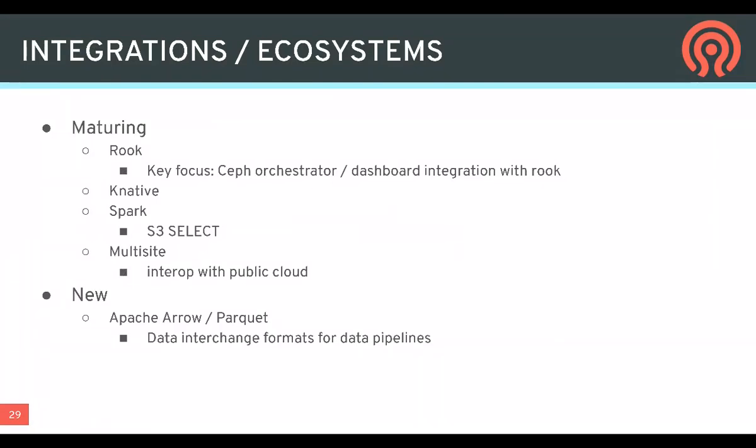Finally, there's a large ecosystem of software around Ceph that Ceph integrates with. Some of these things are maturing, like Rook in the Kubernetes space, and there's also more support for Knative via RGW, especially with the bucket notifications APIs and things like S3 Select, which let you work with all kinds of software like Spark that treats the very large-scale object store almost like a database. There's also a lot of efforts around data movement in general and multi-site, with interoperability between a private cloud and a public cloud in particular. This will probably be described a bit more in the RGW talks later this month,